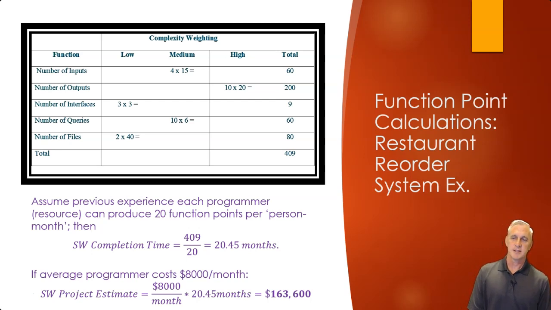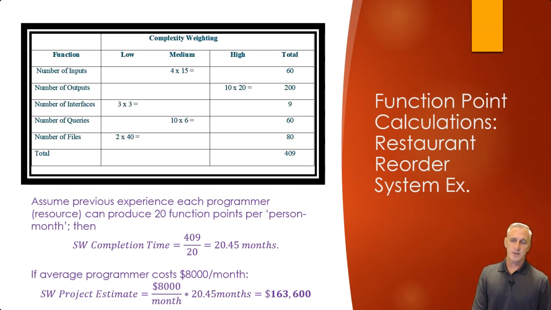Then the question is, how many function points can a programmer reliably build in a month? That depends completely upon your programmers. It depends on your programming house, how much you can put out. Examples in the book show like 10 per month. We're using an example of 20 function points per month here. Could be 5 function points. That's really the subjectivity in here as to what is an acceptable value for function points. And it also depends upon the skill level of the programmers, obviously. So in this case, we're assuming 20 function points per person month.